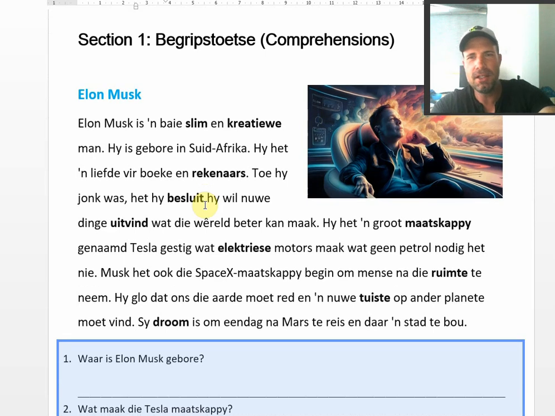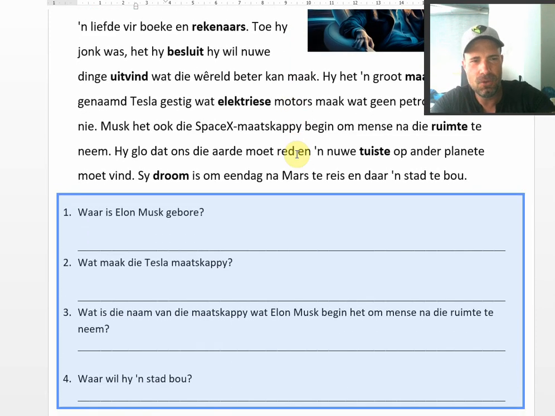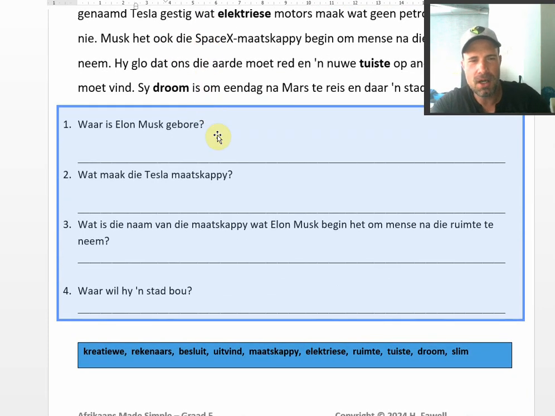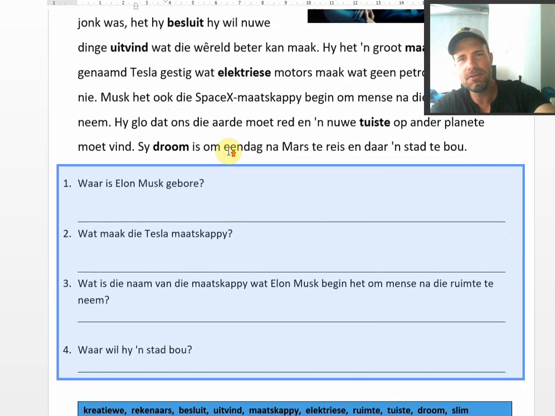This is what they look like. They're a little bit longer than they were in grade 4. Still the same method. There are highlighted words that are more difficult, ones that you perhaps want to use in a little spelling test, or just for them to learn, however it suits your classroom. And then there are 4 little questions. All the answers are in the text, and they get to write the answers into the block. Right at the bottom, I've pulled out those words in bold so that they're all in one place. And everything fits on one page.